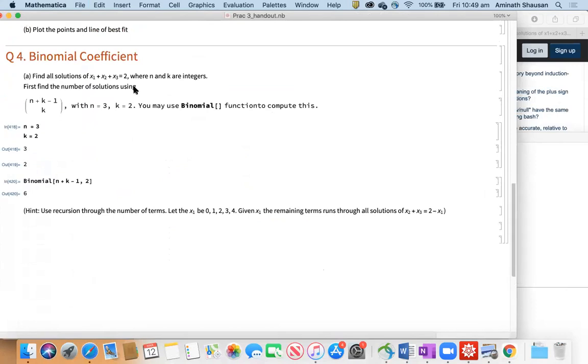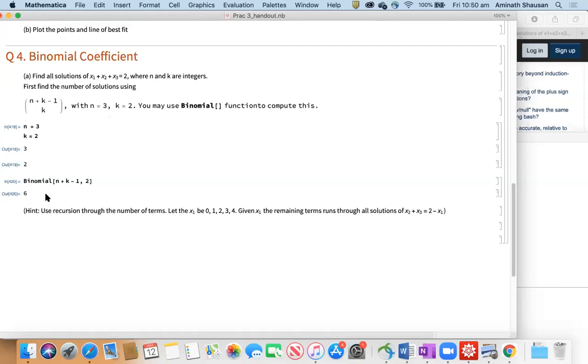Find all solutions of this equation where n is, oh, I didn't specify n. In this case, k is 2, n is 3. First, how many solutions would this equation give? It's a binomial coefficient. If you evaluate this binomial coefficient for n is 3, k is 2,